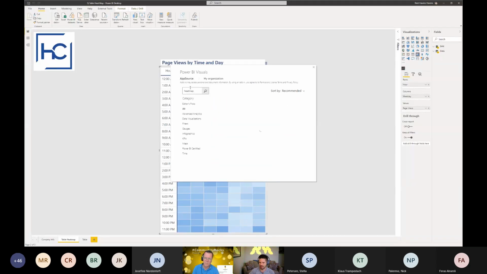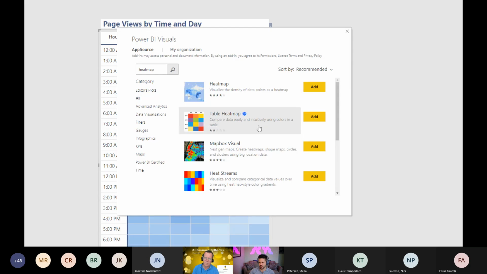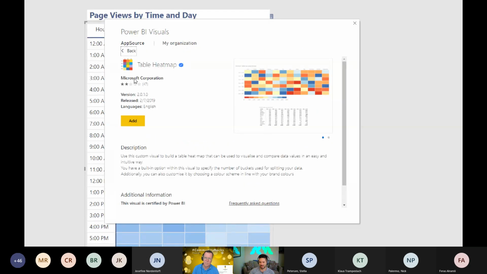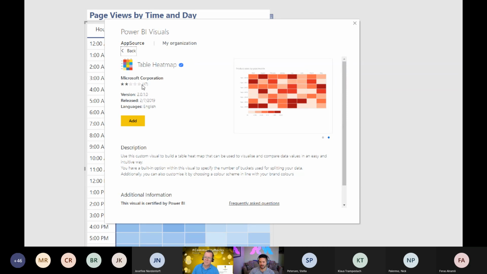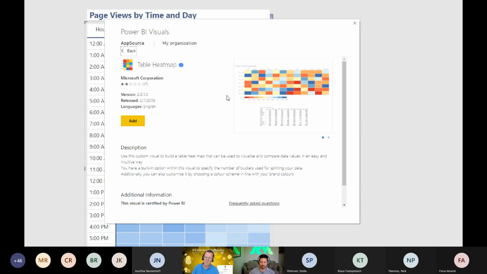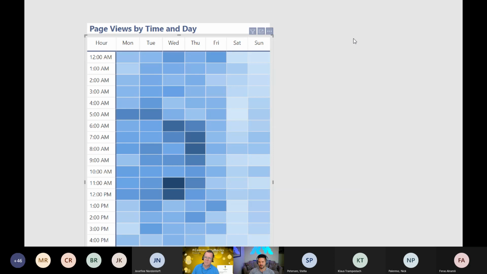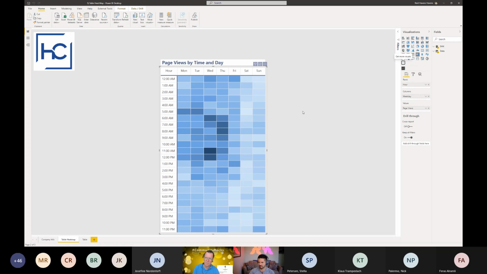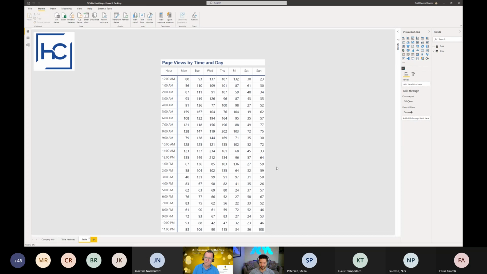There are technically a couple of table heat maps in here. This one, I think, is made by Microsoft, but it has not been updated in a very long time, and as you can see, it's not a particularly well-reviewed one. So there was a custom visual available for this, but I tried it and immediately thought, no, I don't like this. But then my next thought was, wait, a heat map table is quite literally just a grid with a bunch of cells colored in. What is that if not a matrix table? So I figured out how to format this with a few layers to turn it into that. Not only am I using a native visual, which will render faster, but there are also a lot more options to customize and configure the native visual.